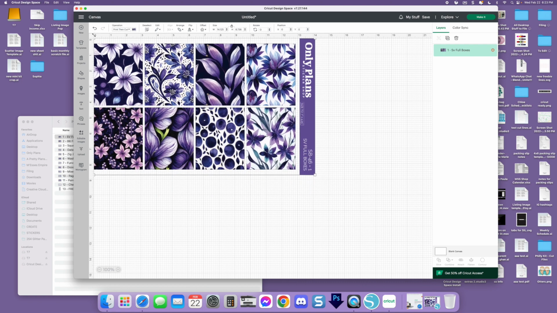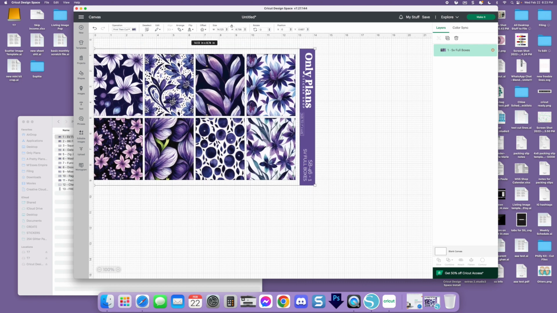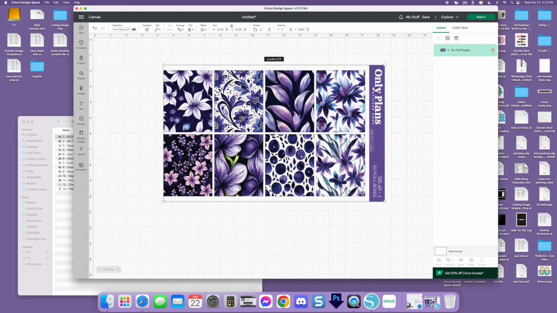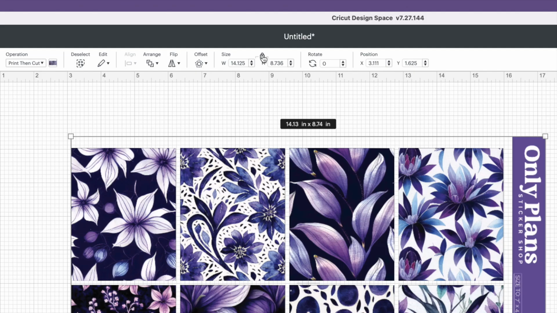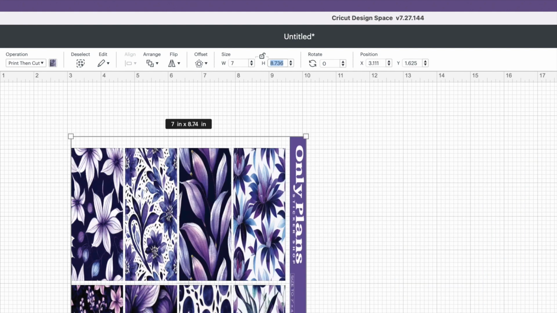Because right now each box is 3 inches by 4 inches high. So clearly that's going to be enormous. What you're going to do is the exact same process that you would have done in Silhouette Studio for resizing. If you have to, you're always going to go by this size here. We're going to click the unlock proportion button there, and we're going to change the width to 7 and the height to